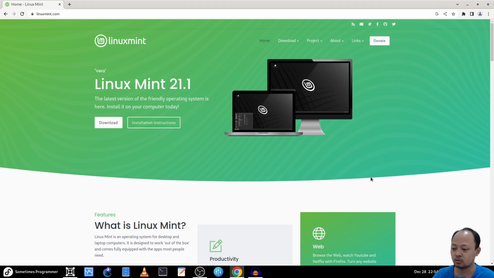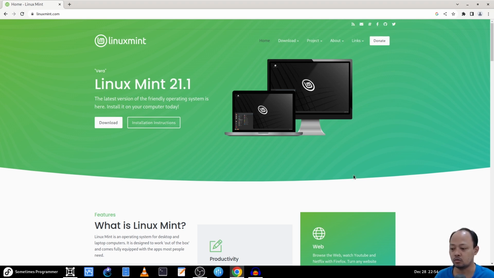In this video I would like to share with you what I see in the new release of Linux Mint Cinnamon version 21.1. As a Linux user, of course I have been a distro hopper and I used to be a Linux Mint user. It's a long time ago, before I became a long-time Fedora user. Actually, in this video, I feel like going to the past when I was still trying to know more about Linux, and also remembering the time I was getting along with Linux Mint. Linux Mint gave me so much memory.